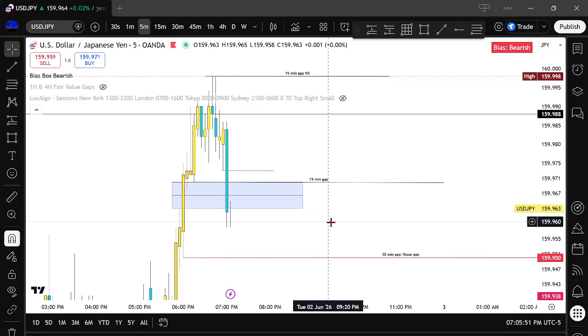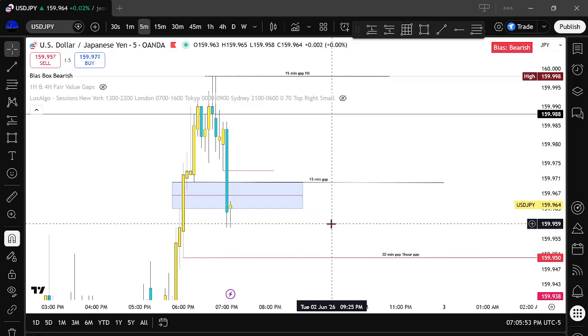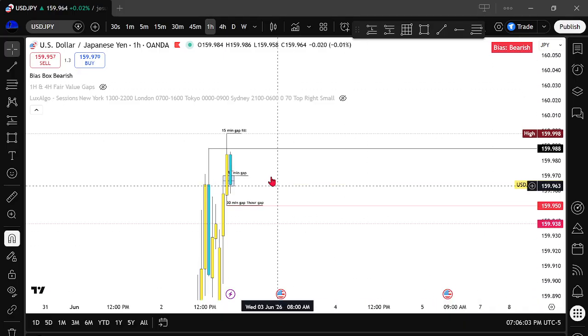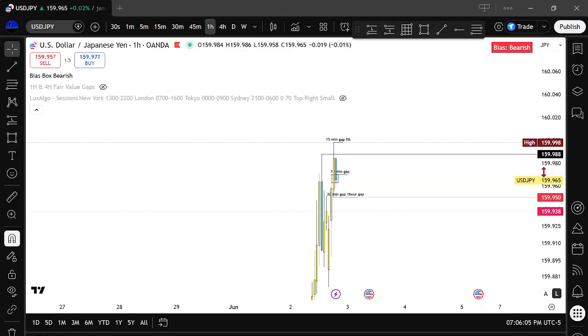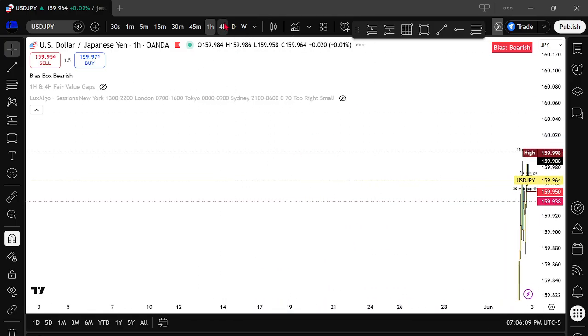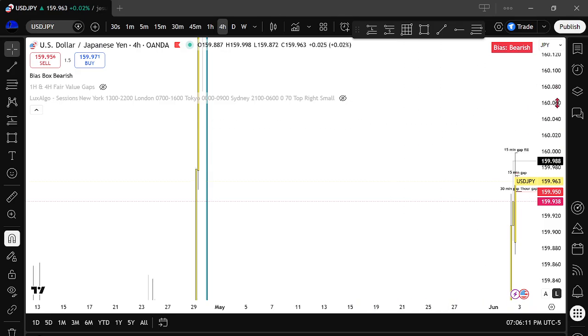See if we get that there. If we push straight into that hourly,